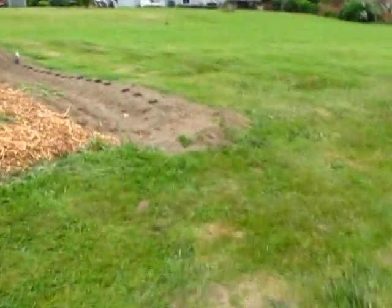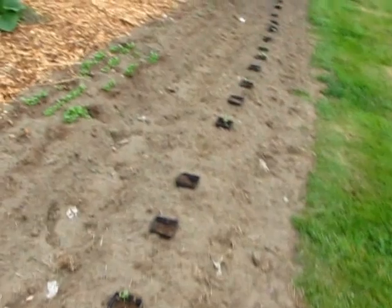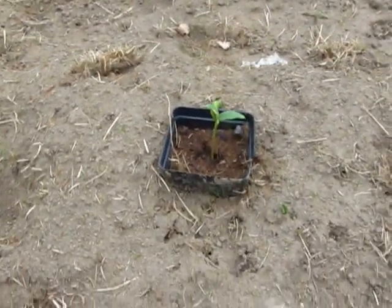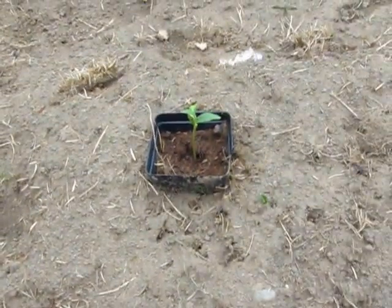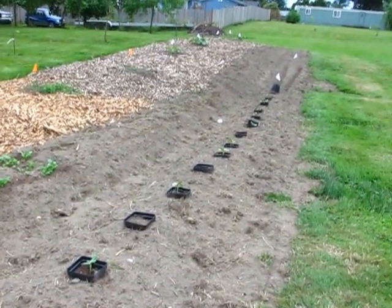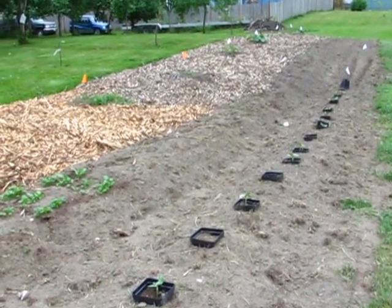So I'll start out here. We got these mammoth sunflowers. These guys here, and they're growing. There's one out here for some reason, so I'll just leave him. But yeah, they're growing down here. These guys get 12 foot tall and are supposed to have like a 1 foot